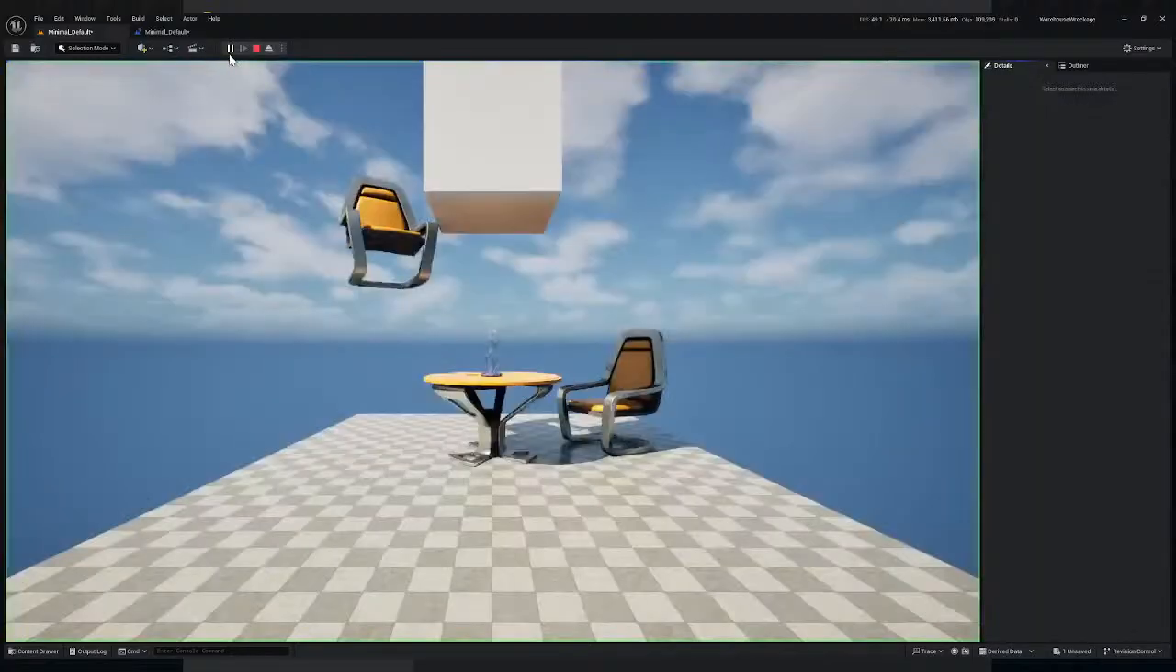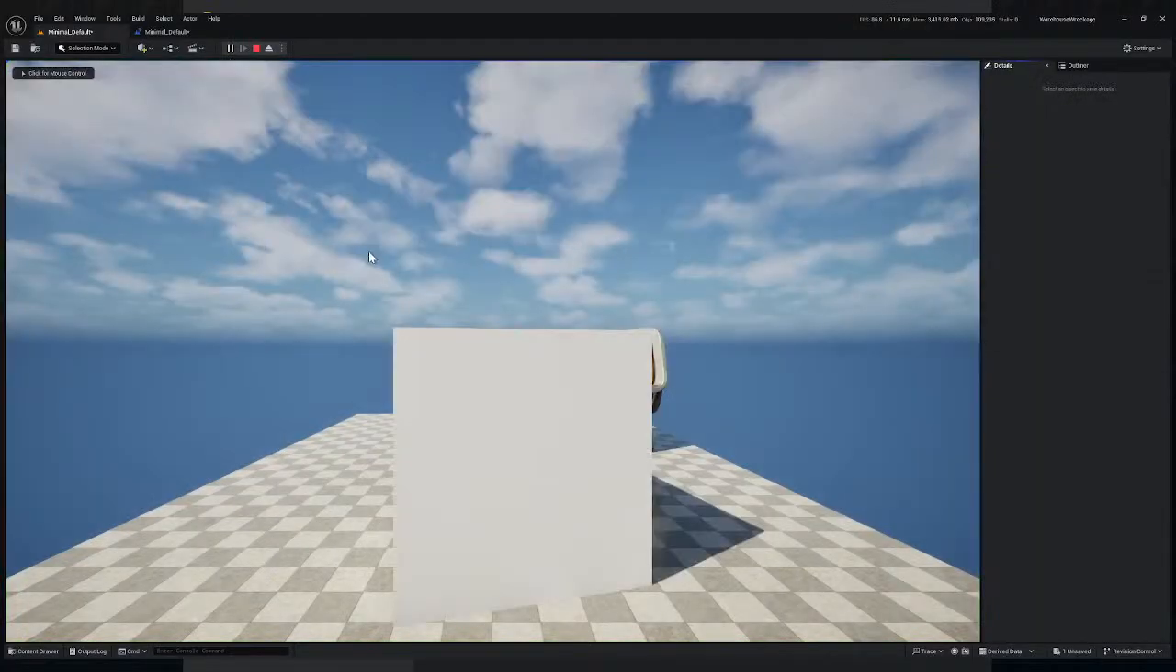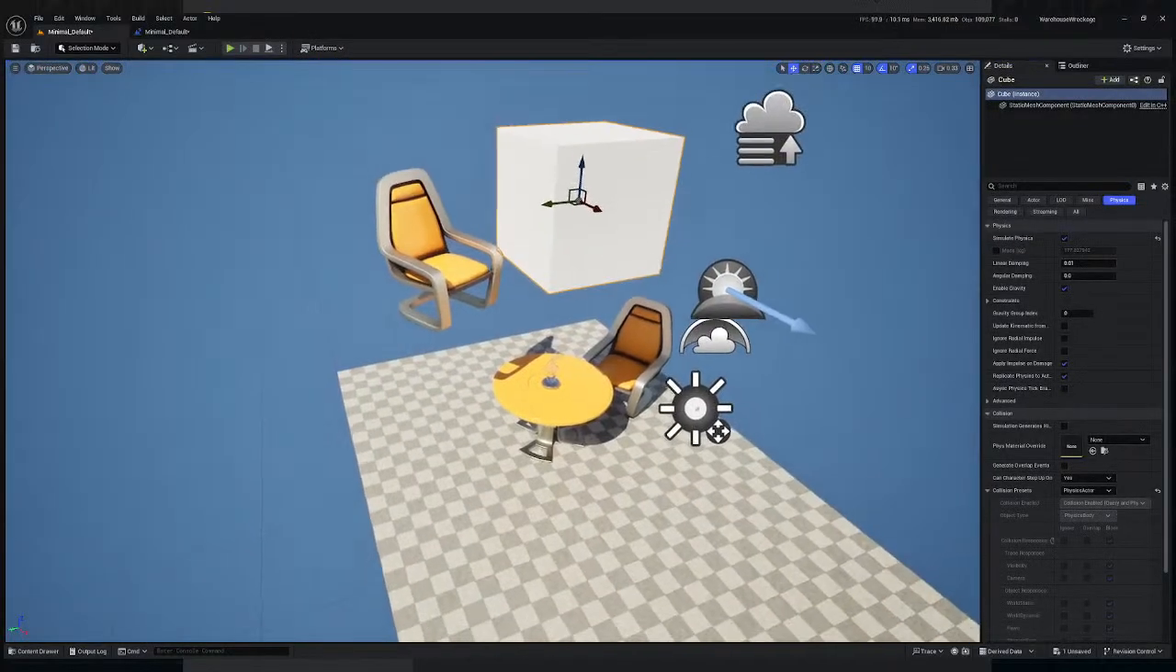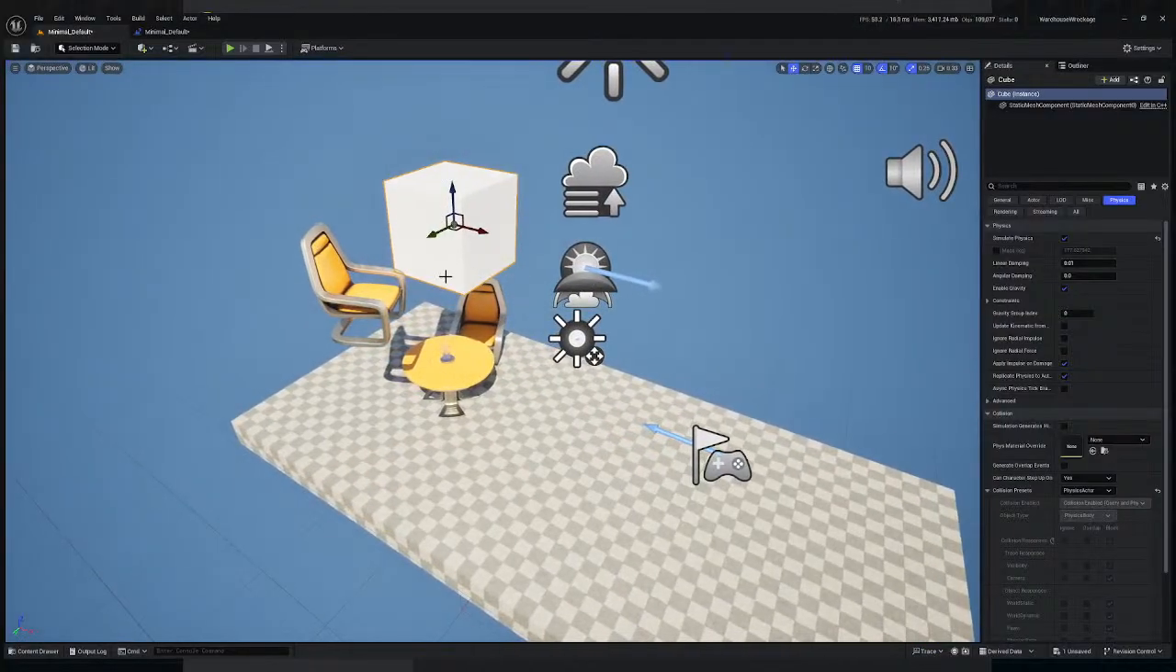Now, there are a couple of other physical properties worth noting here. One of them is the enable gravity checkbox. So if I took this chair and the one with physics enabled and disabled gravity, then hit play, you can see the chair just floats as if there were no gravity, whereas the cube still falls as if it has a normal amount of gravity. And then the other property I just want you to take note of is the mass. This is how much